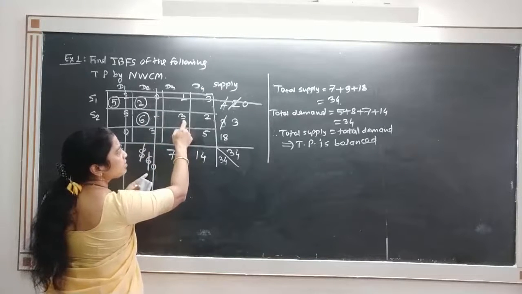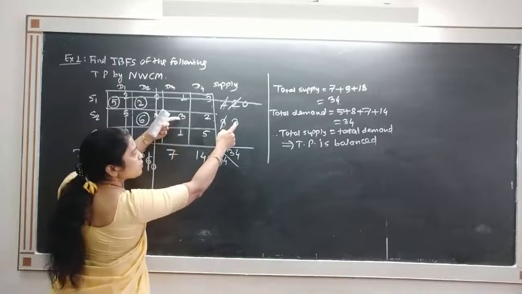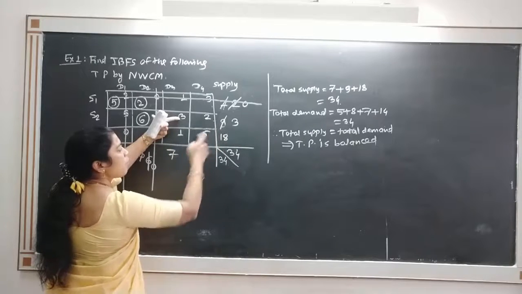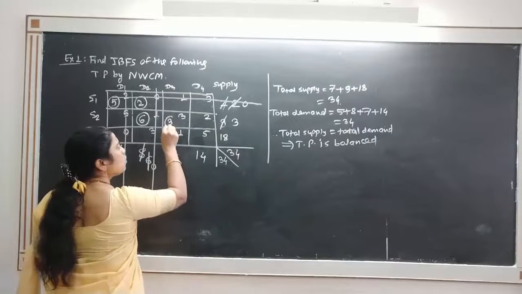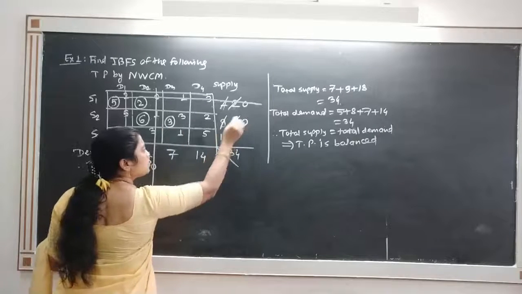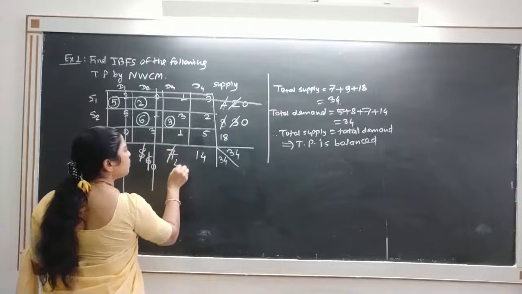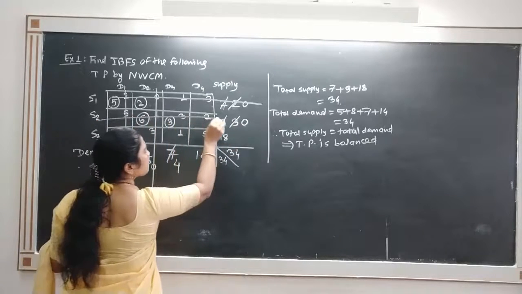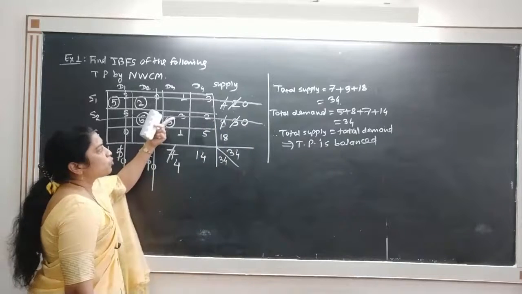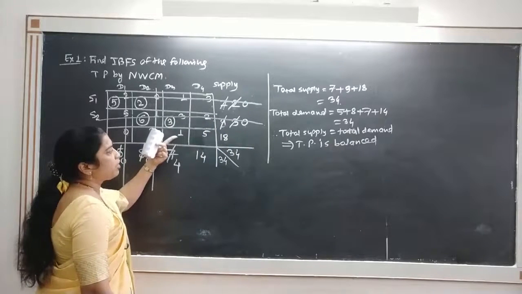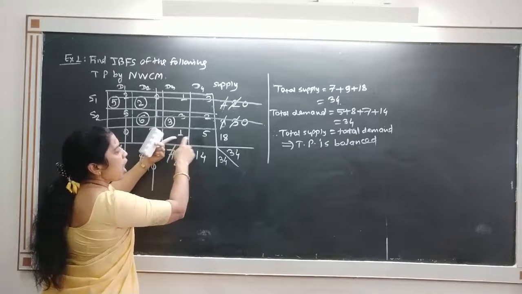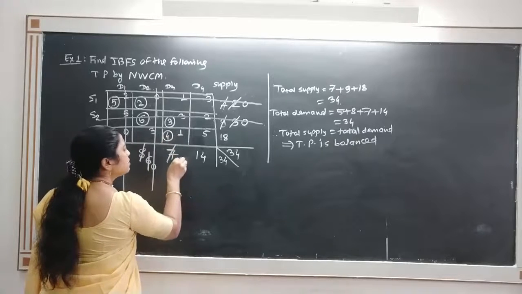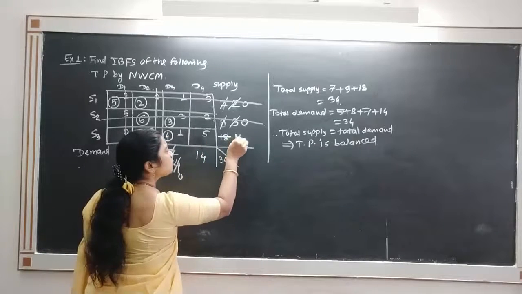So we move to the right cell, that is 3. Again corresponding supply is 3, corresponding demand is 7, minimum of 3 and 7, that is 3. So allocate 3. This becomes 0 and subtracting 3 remains 4. Because this becomes 0, we cross out this row. If you cross out the row, move to the next row, and next row is this. So 1, allocate minimum of 4 and 18, that is allocate 4, remains 0, and allocating 4 remains 14.